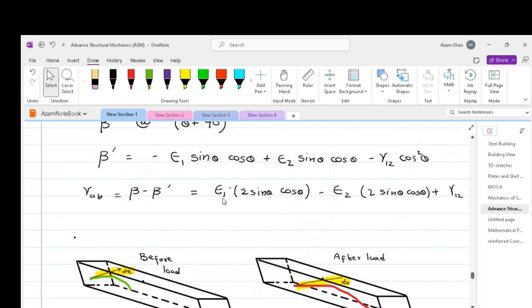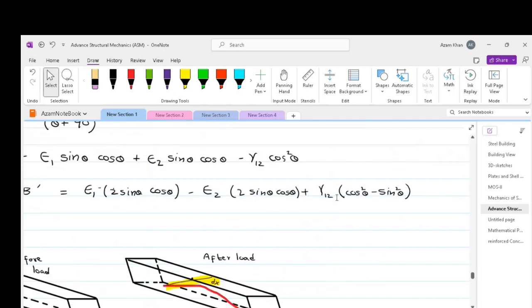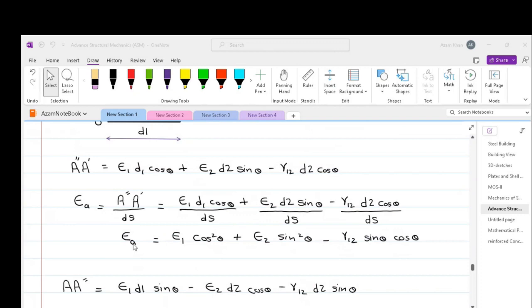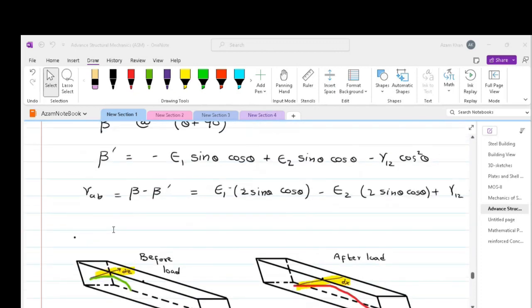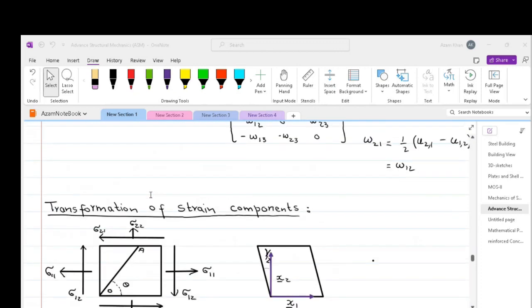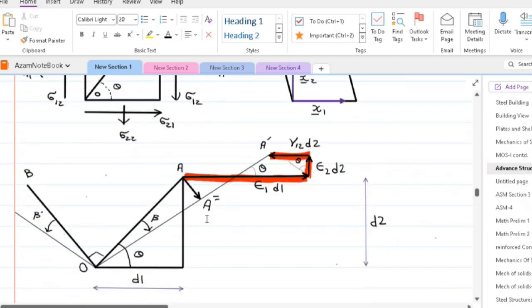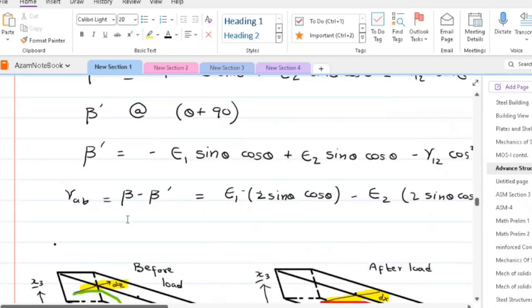So that gives us strain 1 2 sine theta cos theta minus strain 2 2 sine theta cos theta plus gamma 1 2 cos square theta minus sine square theta. Thus, we have derived the axial strain and the shear strain for the 2D element. The axial strain, strain A in the direction of OA, and the shear strain gamma AB between the concurrent lines